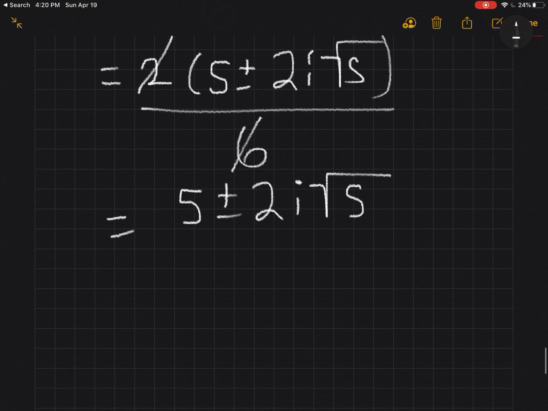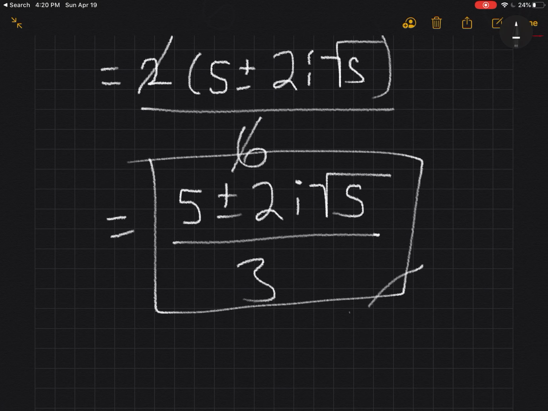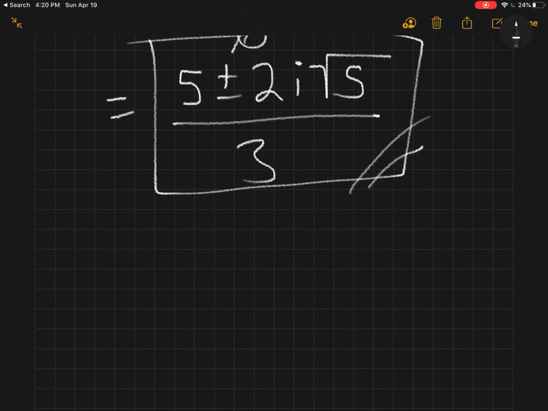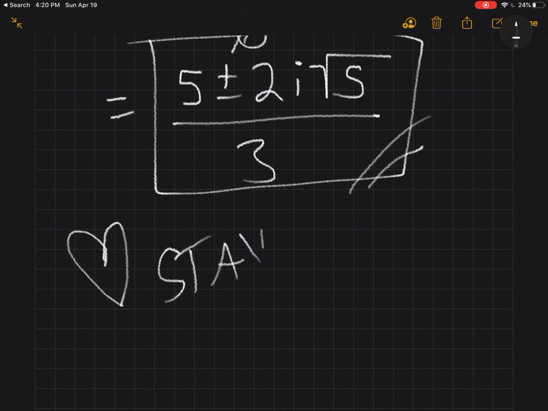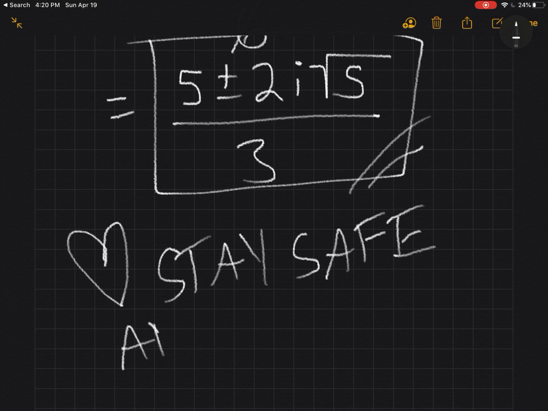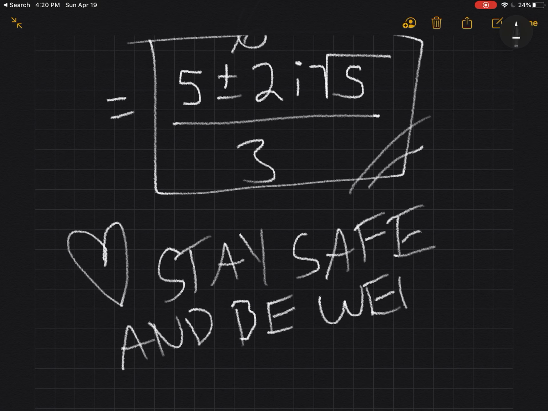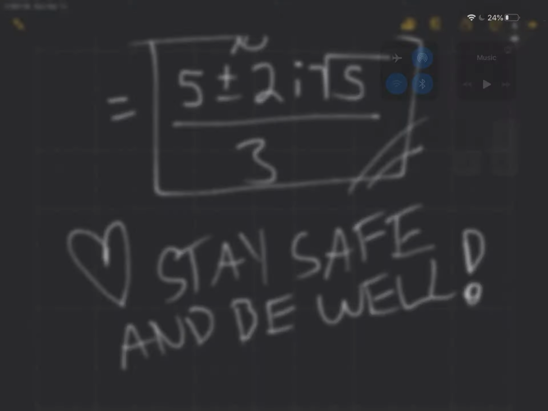And now I can simplify further. I can take out the GCF from my numerator, and that's 2 times 5 plus or minus 2i root 5, divided by 6. And now I have a common factor of 2 here and here. So I get 5 plus or minus 2 times i square root of 5 divided by 3. And that would be my complex solution using the quadratic formula. All right, I think the best bet is for you guys to go